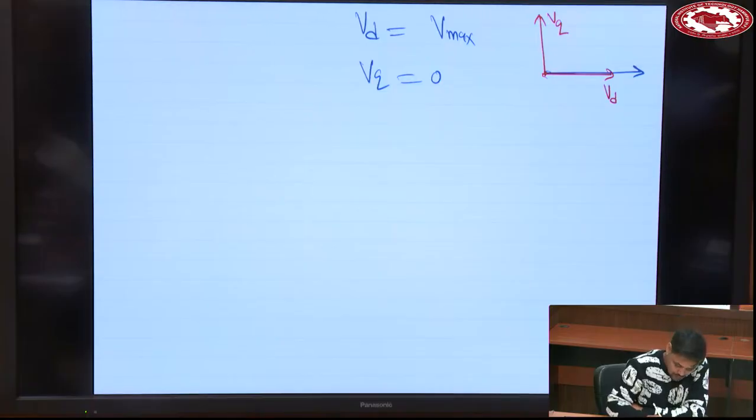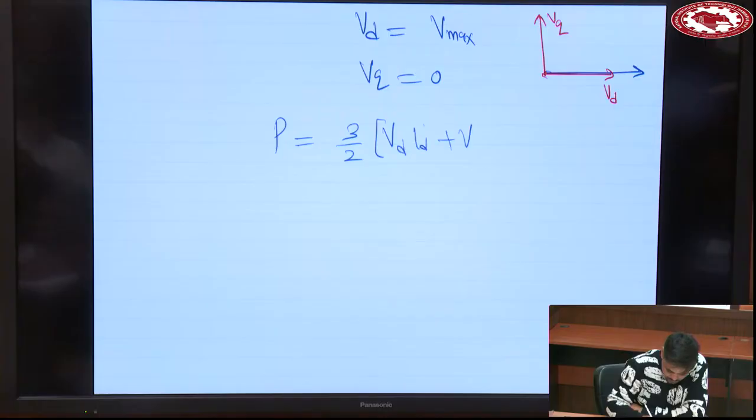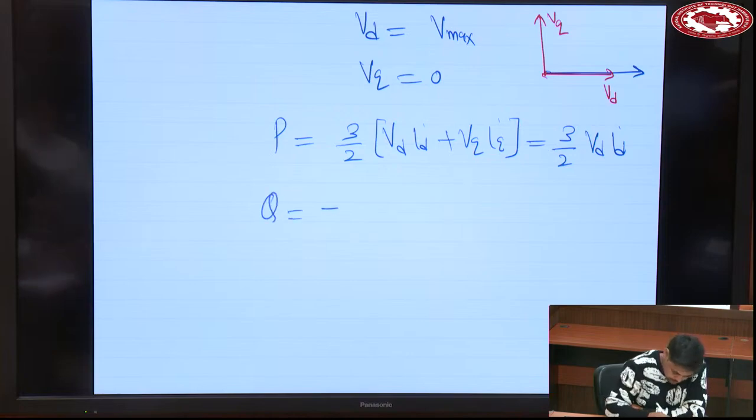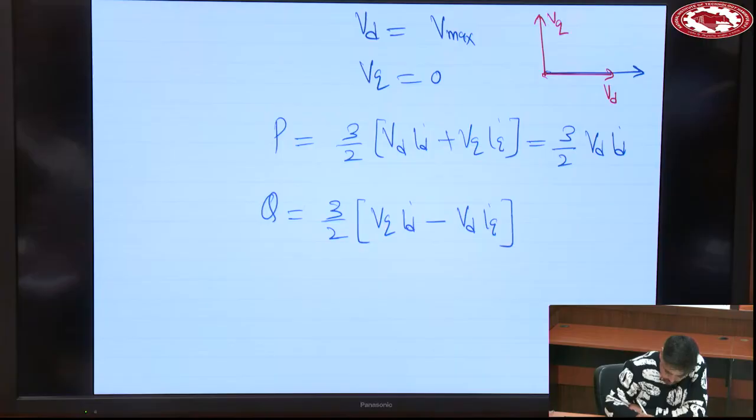Now what is the expression for active and reactive power? P is equal to 3 by 2, and VQ is 0, so it becomes VD ID. What is the expression of Q? VQ is 0, then